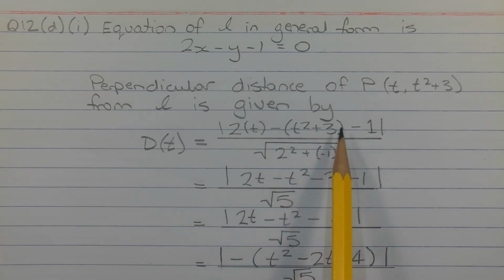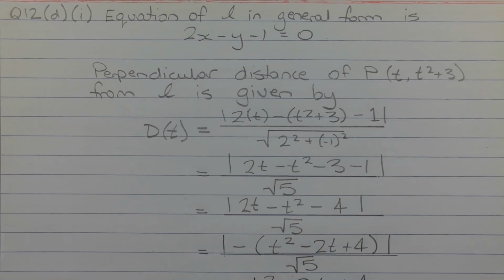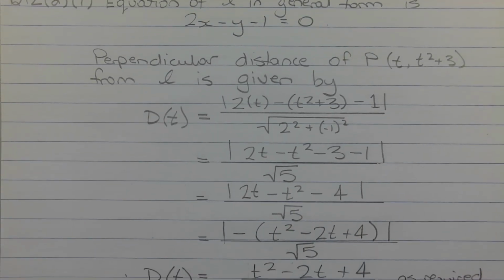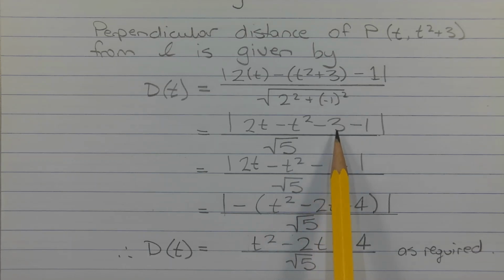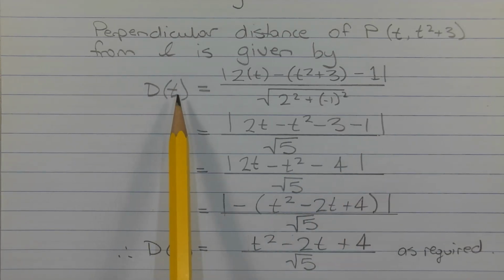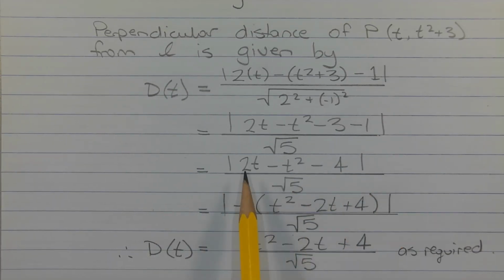So expanding the brackets here and evaluating the expression inside the surd, we get d of t equals the absolute value of 2t minus t squared minus 3 minus 1 over the square root of 5. So at this point, we have the denominator that we want. We just need to clean up the numerator. So collecting the like terms, we have negative 3 minus 1. We get d of t equals the absolute value of 2t minus t squared minus 4 over the